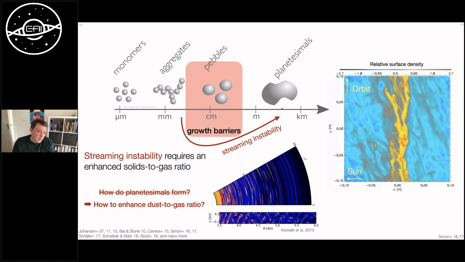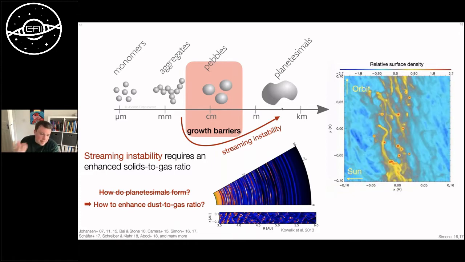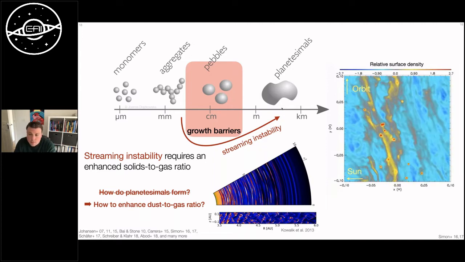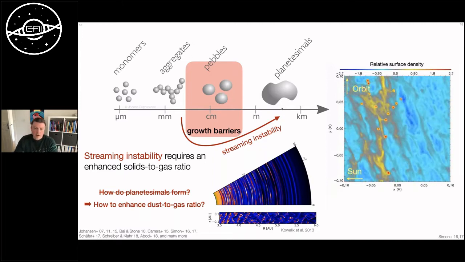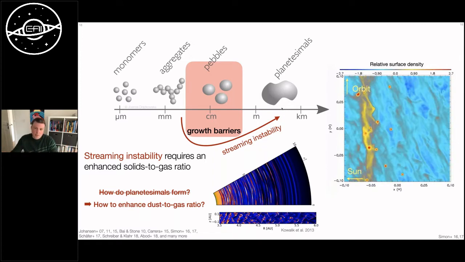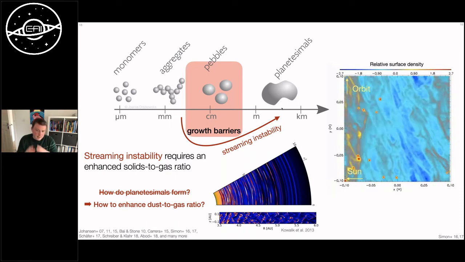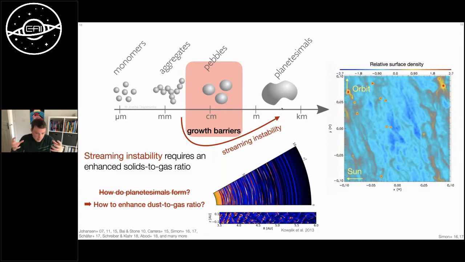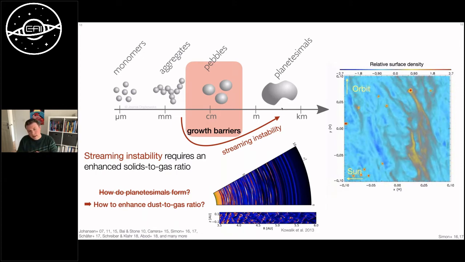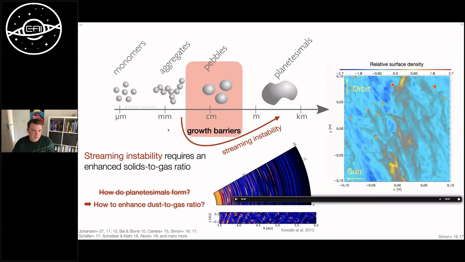And the community consensus, at least from the past few years, seems to indicate that a likely solution to this problem is a process called the streaming instability, which is a fluid dynamical instability where large amounts of dust mass gather together in isolated regions where the dust mass can be locally enhanced. And this dust mass is so massive that the grains do not coagulate. They gravitationally collapse directly and go from millimeter sizes to kilometer sizes, basically jumping over the